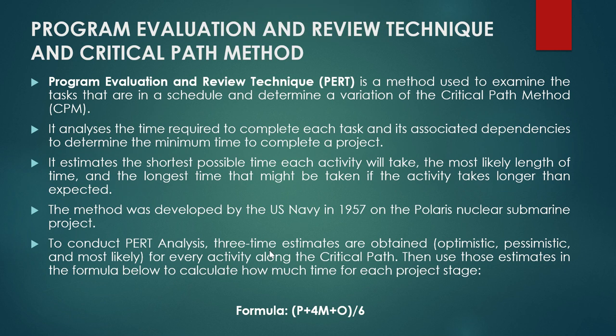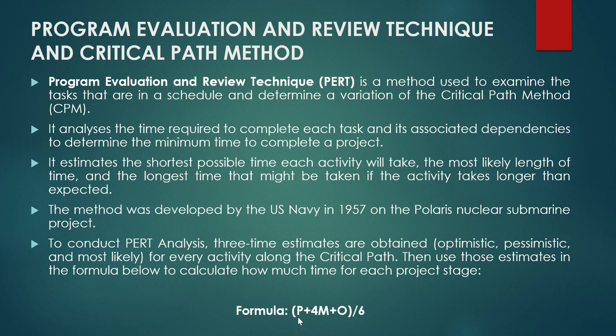On the basis of these three times, we do not take these three times in our questions. When we start questions, we will not consider these three types of time separately. What we are going to do is calculate the most likely, average time. We call it average time. The formula for average time is P for pessimistic time, 4M, where M is most likely time, and O is optimistic time. So we are calculating a weighted average of these three types of times, giving highest weightage to most likely time, that is 4. That is double of O and P.